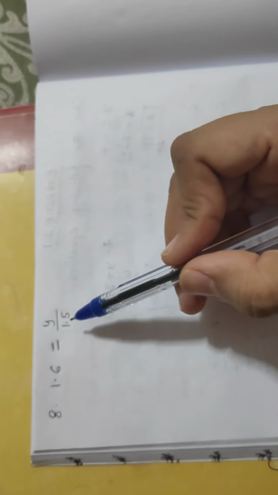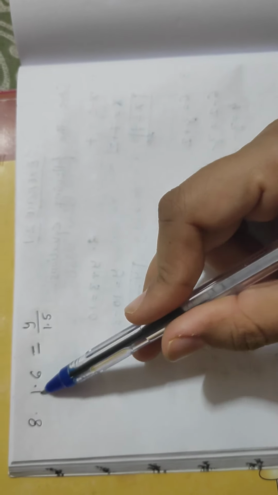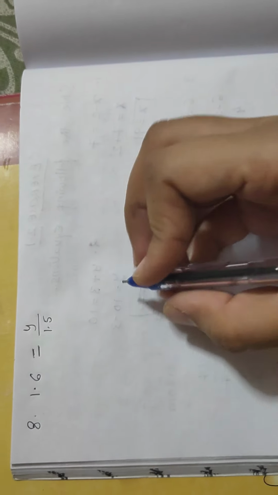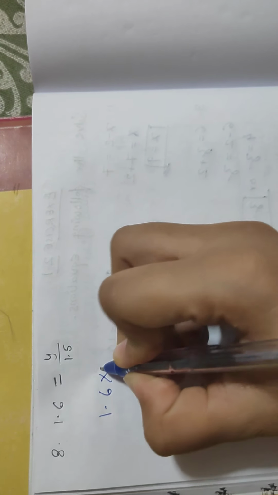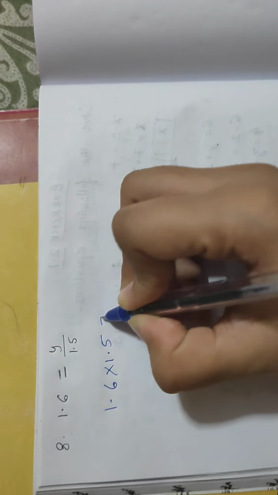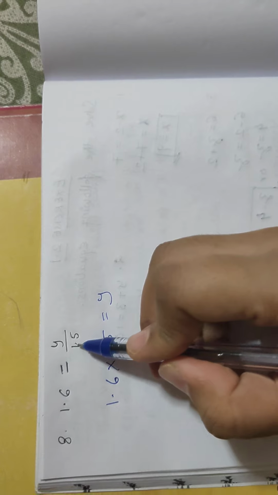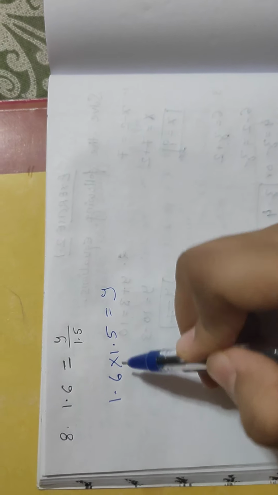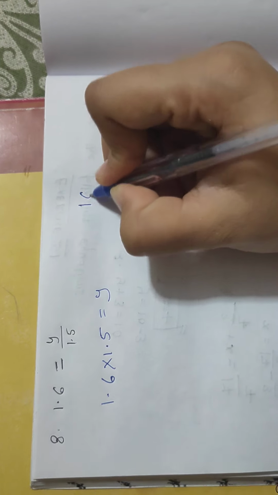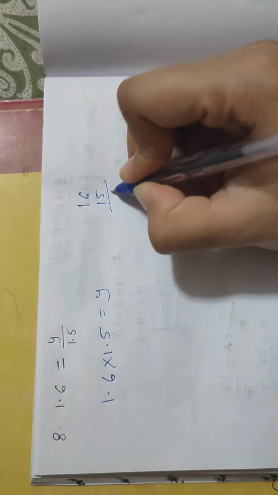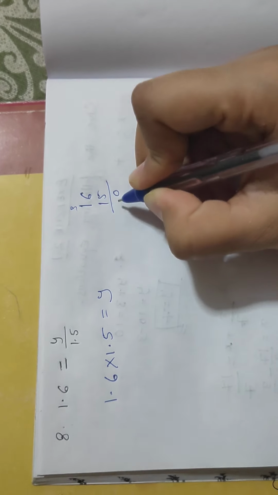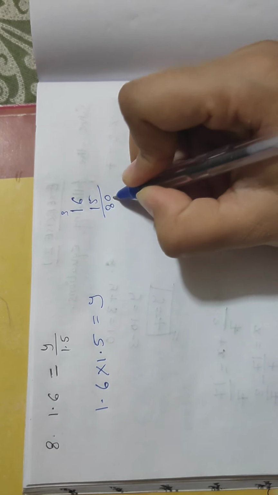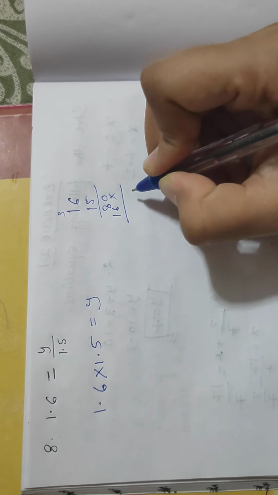So we have to take this 1.5 from this side to this side, because we have to find out the value of this variable, that is y. So here we can say it is 1.6 into 1.5 is equals to y, because here it is divided, so it will be multiplied. I hope you know how to multiply the decimal numbers. So simply 16 into 15, that will be 80 into 16. So we'll find it is